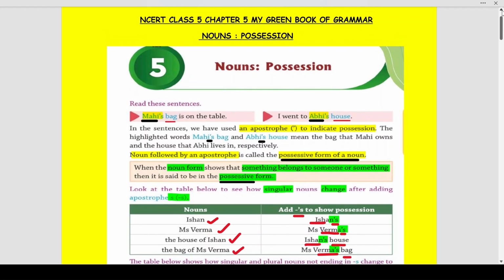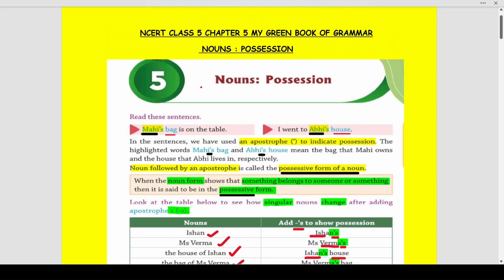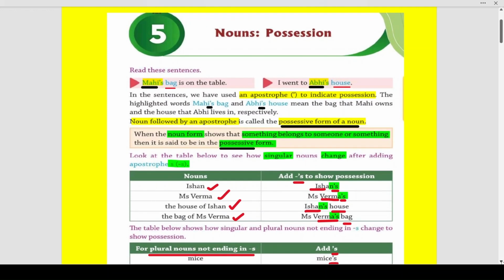In this video, we shall do your chapter number 5, Nouns: Possession, from your My Green Book of Grammar textbook. Now, let us understand first what is a noun. A noun is a naming word which is used to show a name, place, animal, or thing. Now, when a noun is used to show possession, how do we denote the possessive form of a noun is what we are going to study in this particular